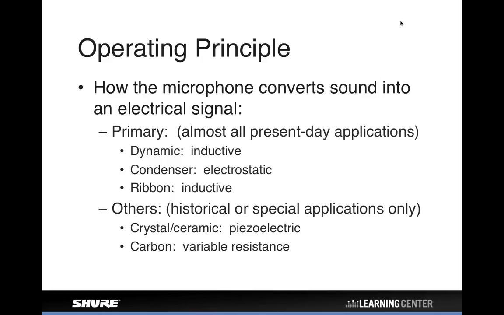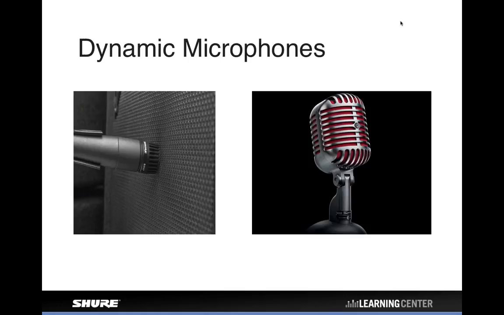Ribbon microphones, which are sort of a close cousin of the dynamic microphone, were more of a historical microphone that has recently had a comeback, so we shifted it back up into the primary category. There are other ways of doing this as well: crystal microphones, carbon microphones, controlled magnetic microphones, and a lot of other technologies that have fallen by the wayside. You don't really see them, or they're very specialized at least. But for the applications we normally deal with, you're going to be using dynamics and condensers with the occasional ribbon mic. So starting with dynamic microphones here,